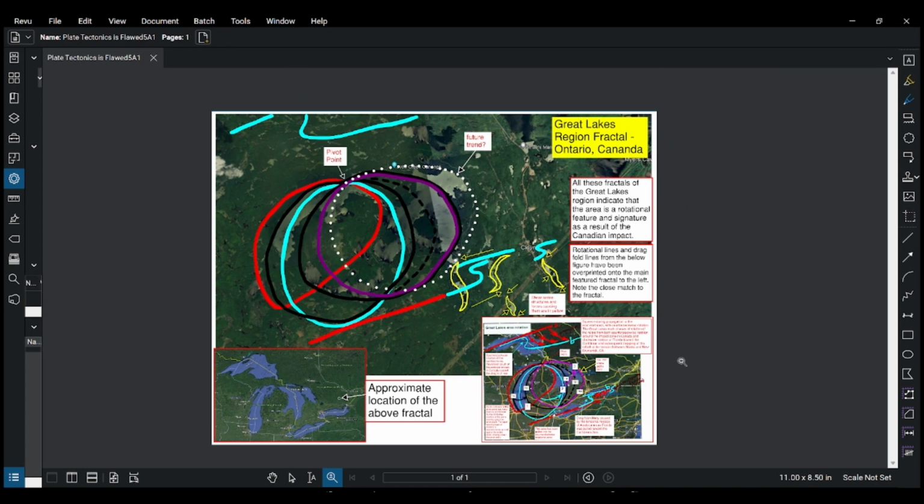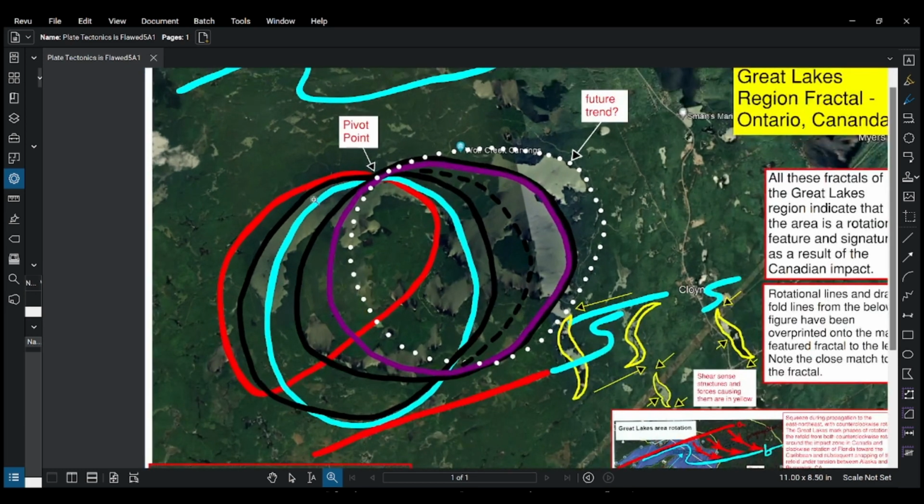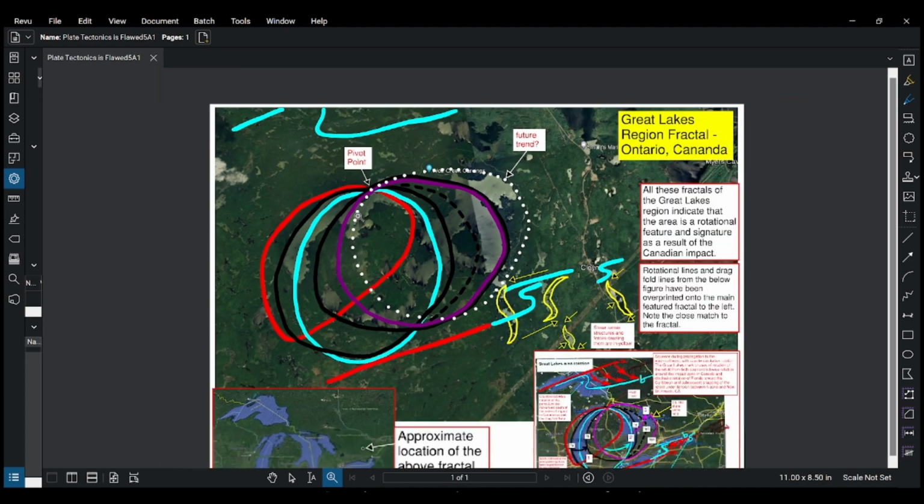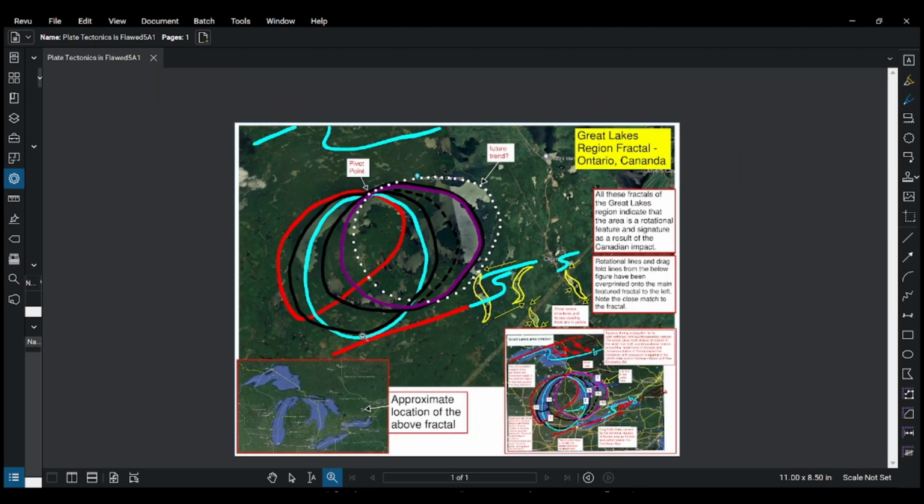So I mentioned the pivot point, the drag folds and rotational lines being overlaid. It works out perfectly. So if you look at where these lines are, it actually forms a lot of lineations. It matches up beautifully onto the current features on the Earth, but this is really a fractal, so there's that consistency there. Okay,